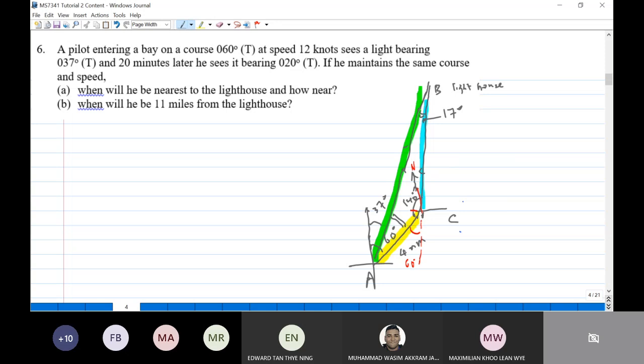Okay, so this is 140. Okay, this is a 23, right? I think the earlier one is 23, right? So angle A is 23 now. I just make sure that I correct the layout. So this is 23 now. So this is 23. All right. So the triangle there. So what do you need to know? Okay, so I know this 4 nautical miles for